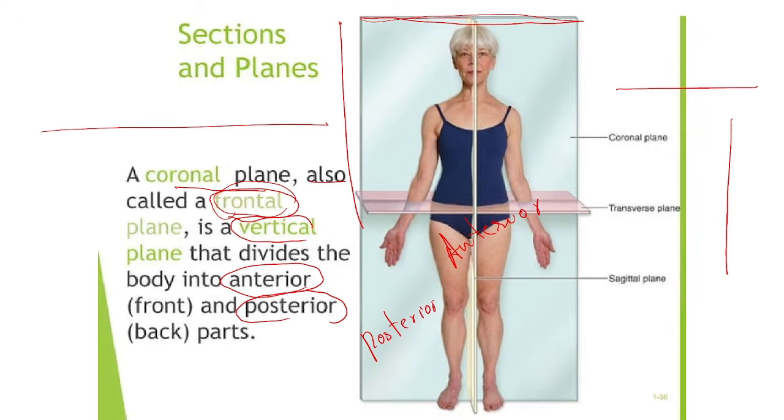It's very important while we are studying the anatomy of organs. We will say, anterior to this organ, this part is located, and posterior to this organ, this part is located. That is how we have to study. You should know the meaning of anterior and posterior. Anterior means front side, and posterior means back side.